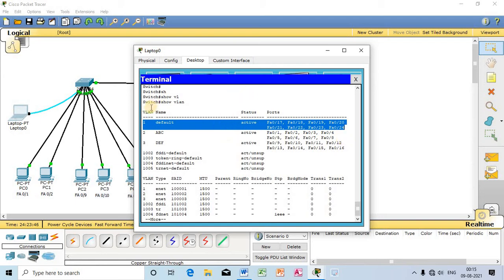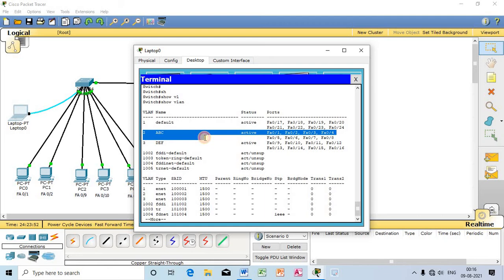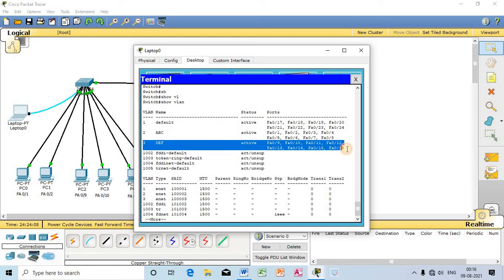Why does VLAN 1 hold 8 ports? Because we have created 2 VLANs. VLAN 2, name ABC, holds 8 ports starting from Fa0/1 to Fa0/8, because we already have assigned these 8 ports under VLAN 2, and another 8 ports starting from Fa0/9 to Fa0/16 under VLAN 3.